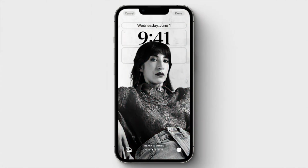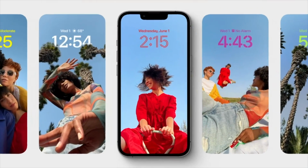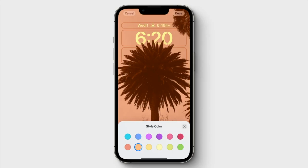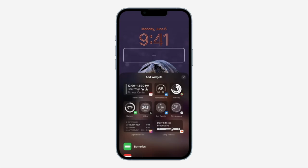It's almost as if Apple doesn't want us to open up the phone. I mean, there's so many customization options with iOS 16 in the lock screen now. There's more options to customize the lock screen in iOS 16 than the actual home screen. You can change the look, the style, the colors of the lock screen. You even have the ability to add widgets to the lock screen now, and you can even add focus modes